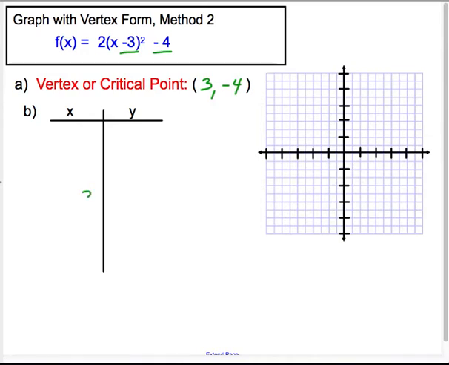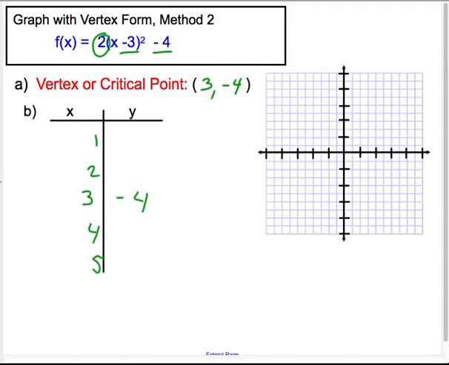So I put the vertex in the center of my t-table, and you want to find 2 values on either side. So I would use 2 and 1, and I would use 4 and 5. And then you can plot these values, your ordered pairs from your t-table, to get your parabola. So once you have your x values figured out, you substitute those in to solve for y. This one, again, noticing here, and this isn't as big a deal with the t-table because you'll get the ordered pairs to plot, but notice that it opens up, so make sure that your graph is consistent with what the